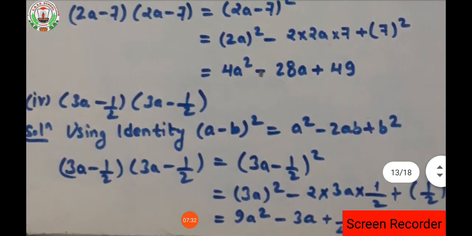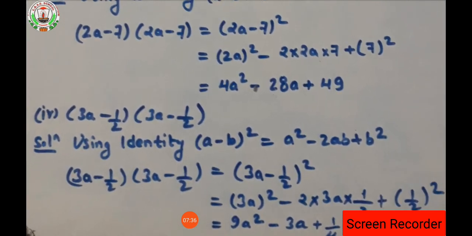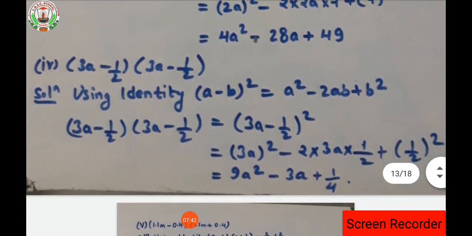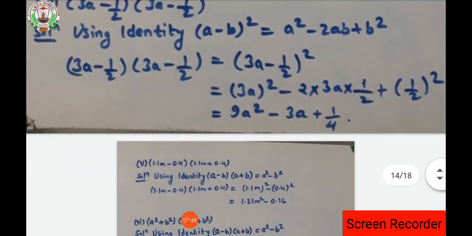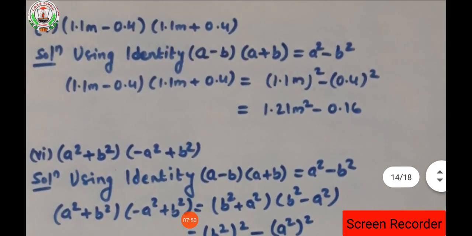In the same way, the third solution is also there. The difference is it is given in the form of a fraction. Nothing more is different. So just go through the solutions of question number four. Clear? So here is again the fifth solution. The fifth solution is in the form of a decimal.